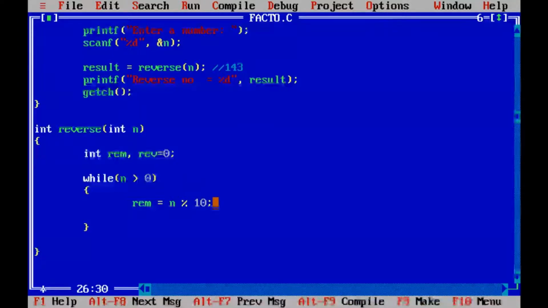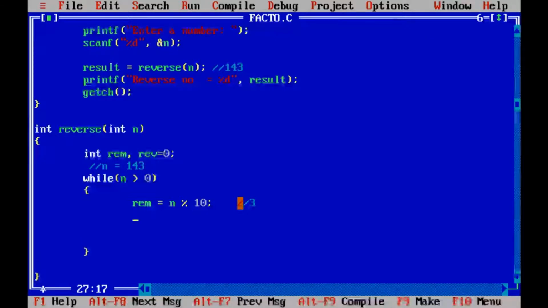Then the remainder. So if I am taking n as 143, the first time I'll get the remainder as 3. If you take 143 mod 10, you will get 3.